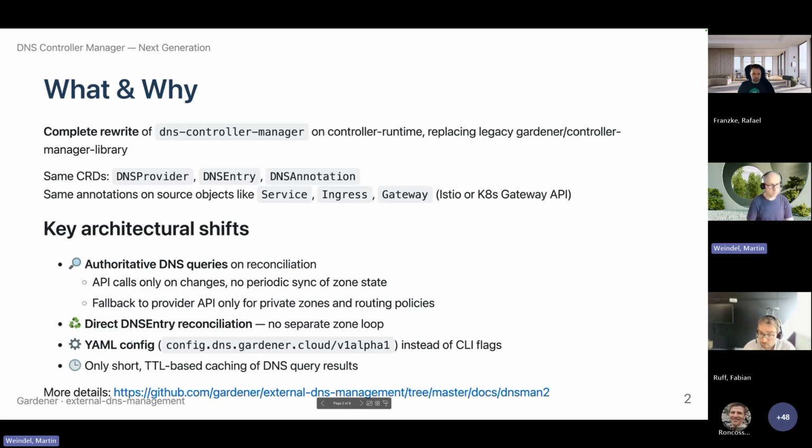And then we have also some minor improvements, like we are using a YAML configuration instead of hundreds of CLI flags. And yeah, we use some short caching of the DNS query results to avoid repeated DNS queries on reconciliation which happen shortly after each other. Yeah, if you want to see more details, I have here a link for where it's described a little